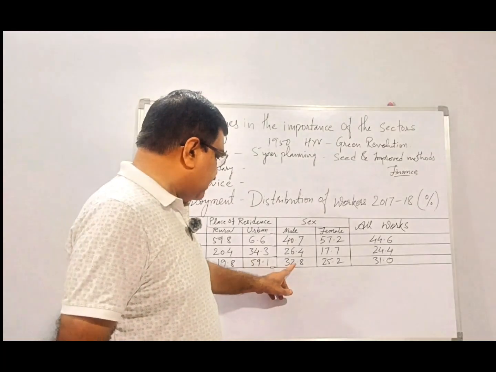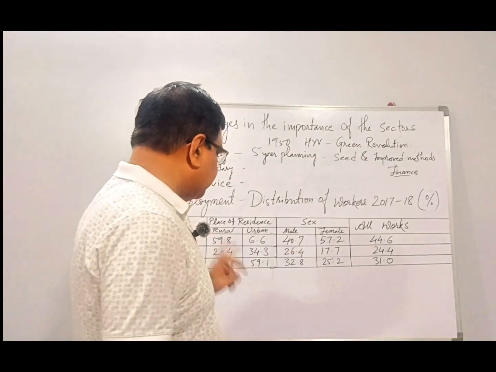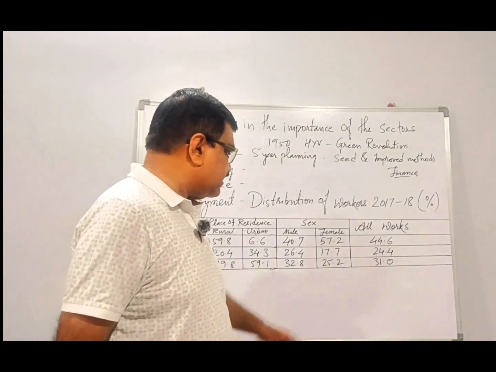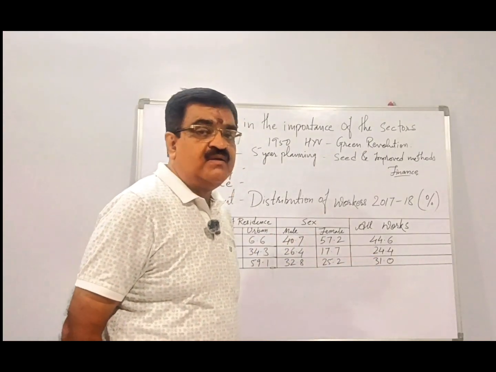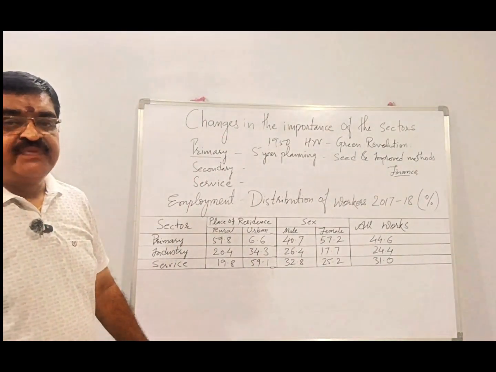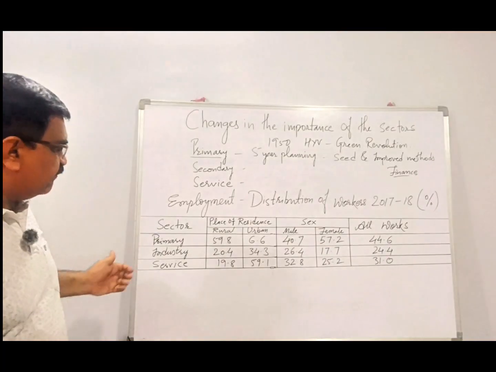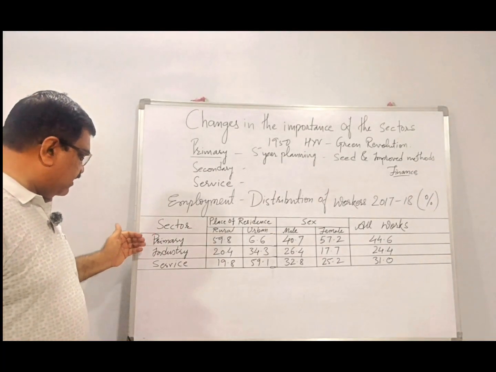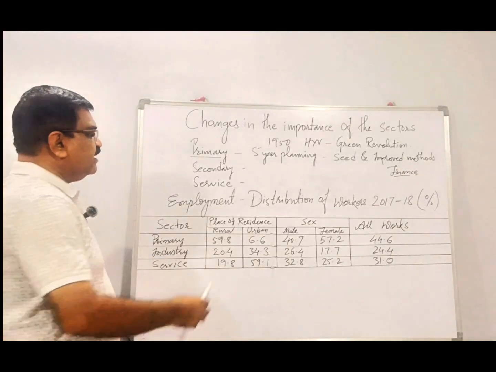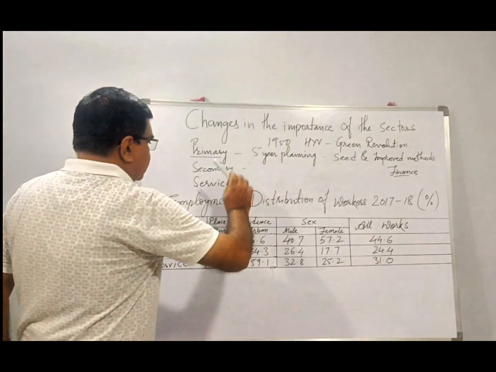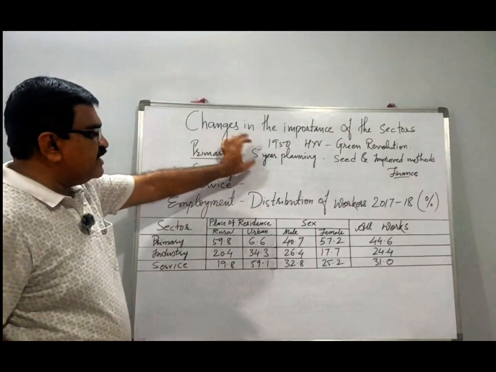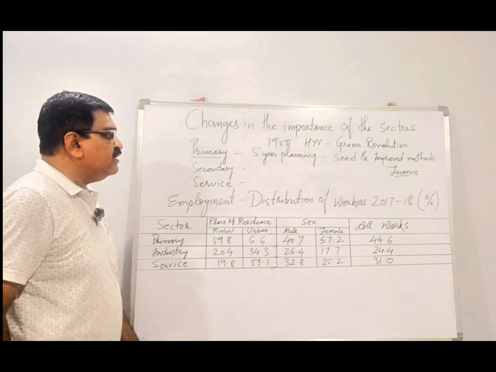Again, 32.8% of males are involved in the service sector, 25.2% of females are involved in the service sector, and total workers' involvement is 31% in the service sector. So likewise, when we see, there is a gradual improvement of primary, secondary and service sector, meaning very slow improvement in the primary sector, secondary sector and the service sector after the implementation of the 5-year planning system in India,